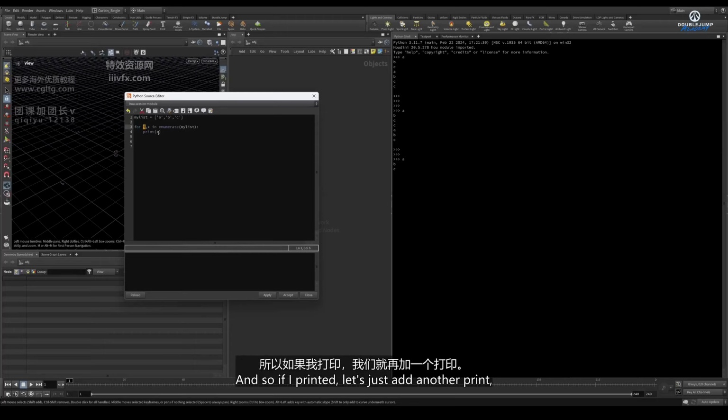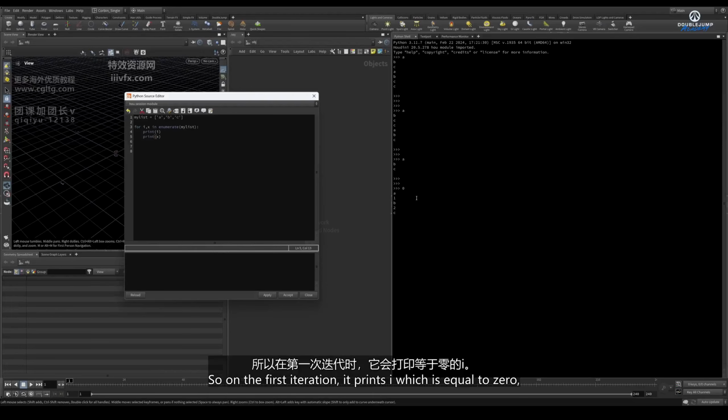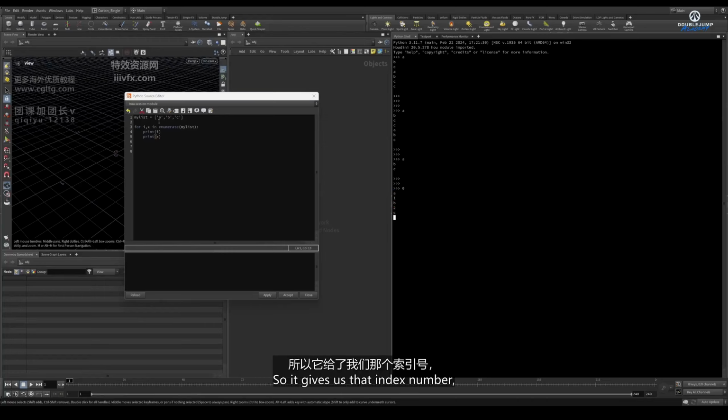And so let's just add another print. So we'll just say print i and then print x. And what that's going to look like is this. On the first iteration, it prints i, which is equal to 0, and then it prints x, which is equal to a. Then it prints i, which is equal to 1, and x, which is equal to b, and then 2 and c. So it gives us that index number, which can obviously be very useful,